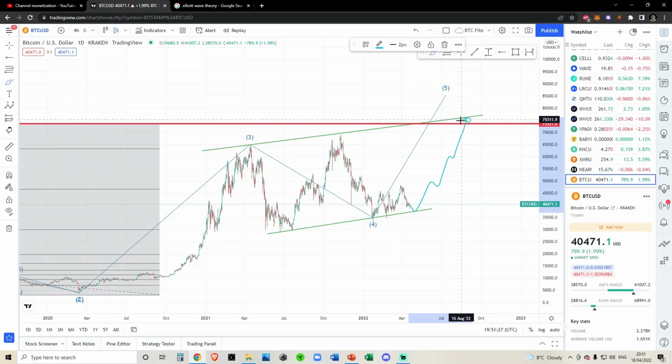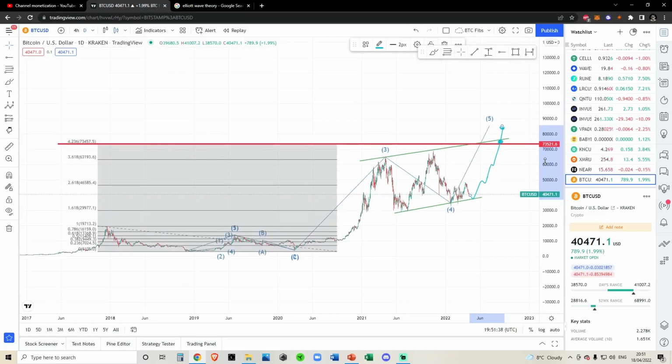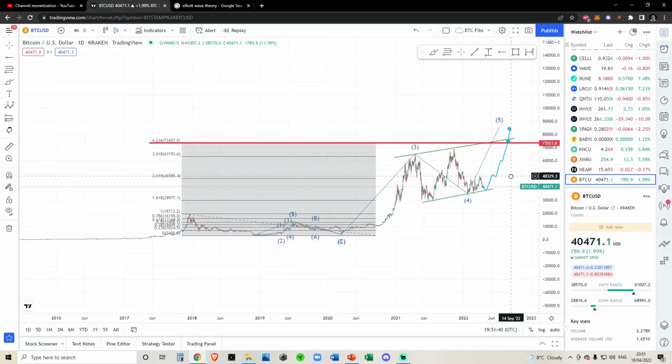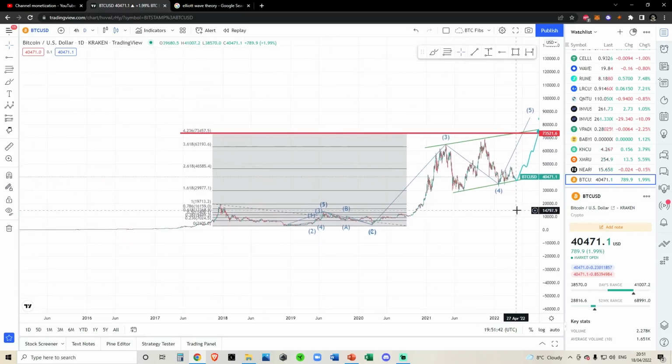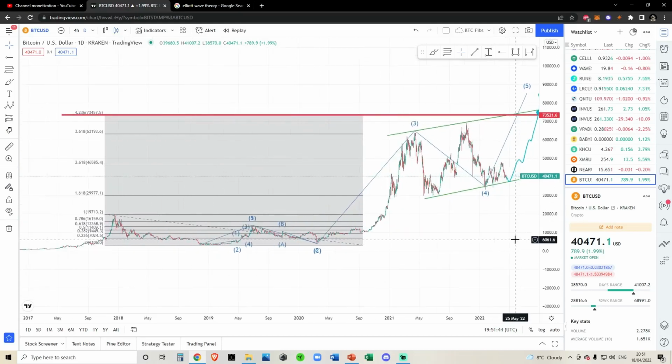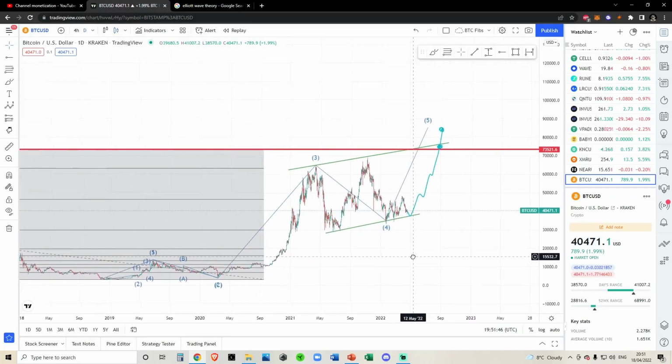line, hitting into 76,000, and then for the Elliott wave theory, anywhere between this 75 to 85,000 would personally be the top for the bulls. Now, I personally think that would make a lot of sense. And, you know, from an unbiased perspective, I personally do think Bitcoin is going to go to 100,000 this year,